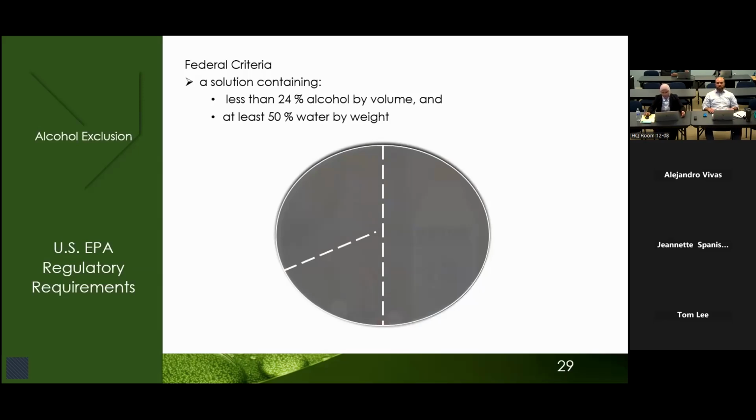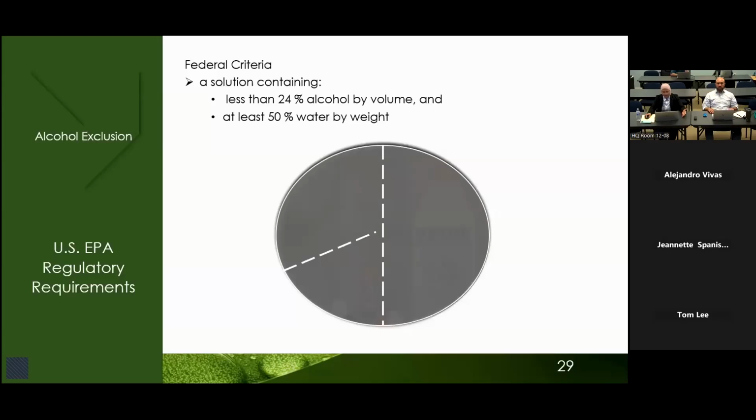For example, the concept of 50% water by weight and less than 24% alcohol by volume are two different ways of measuring the mixture's content. But for this presentation, we will keep it simple and focus on the main idea. This distinction helps clarify how the same type of waste can be handled differently, depending on whether we follow federal or California's regulations. So, let's see another simpler way.